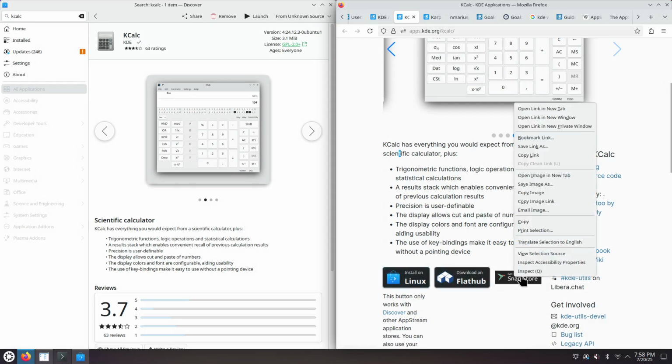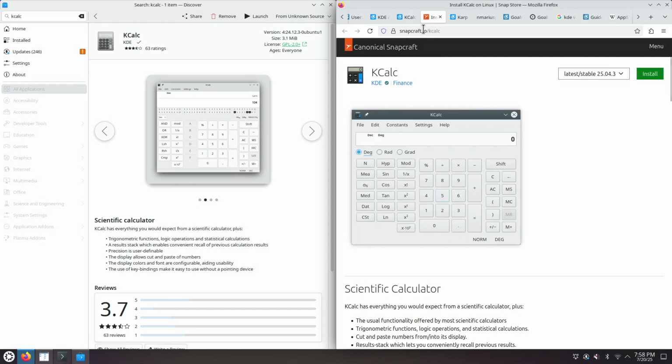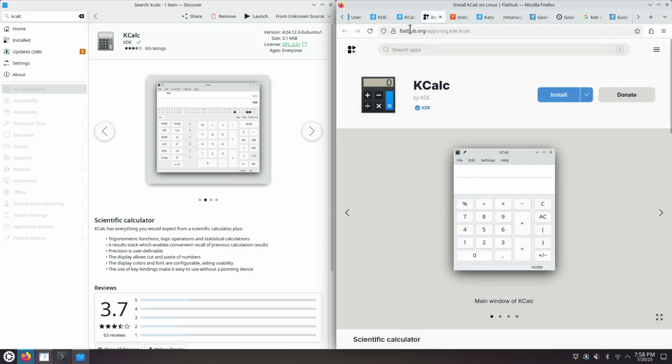this application KCalc also in the Snap Store, snapcraft.io/kcalc, in FlatHub, flathub.org/apps/org.kde.kcalc,